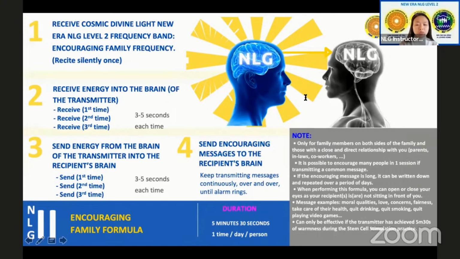Okay. And of course, the person doesn't need to sit in front of you, because you're just going to sit somewhere by yourself and you practice this formula silently. And also, when it comes to the tones of voice, when you use it in your head to encourage a person, it needs to be loving, needs to be understanding, and you need to show that you empathize